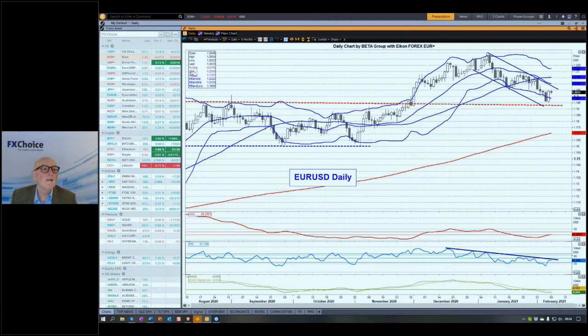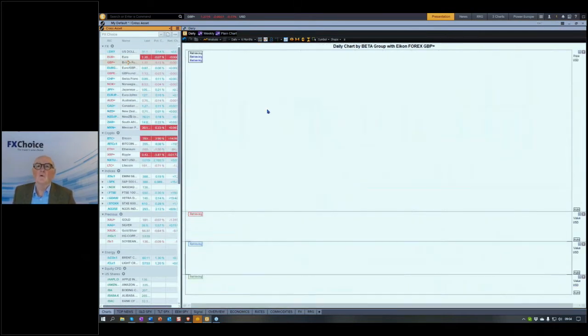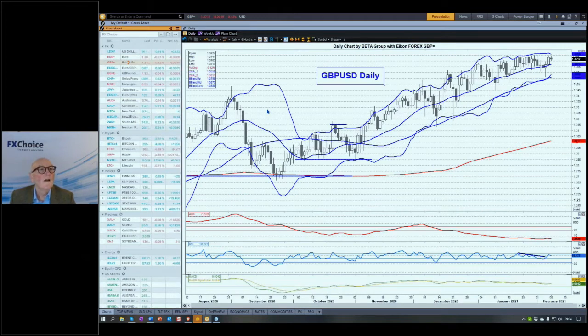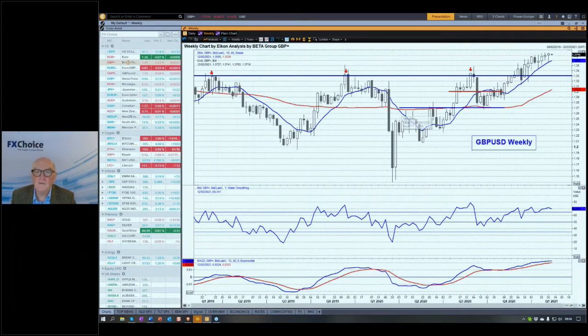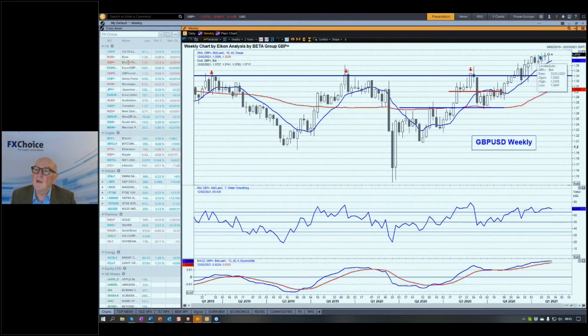So unlike the British pound, I don't want to sound jingoistic about this at all, but it is a good performer, the pound against the dollar. So let's go again, start at the weekly chart here. And it's definitely strong. This is a different chart completely. We've got a series of highs here. These are quite clear where they are. We've got this significant resistance level which broke emphatically at the end of last year, and we're on our way